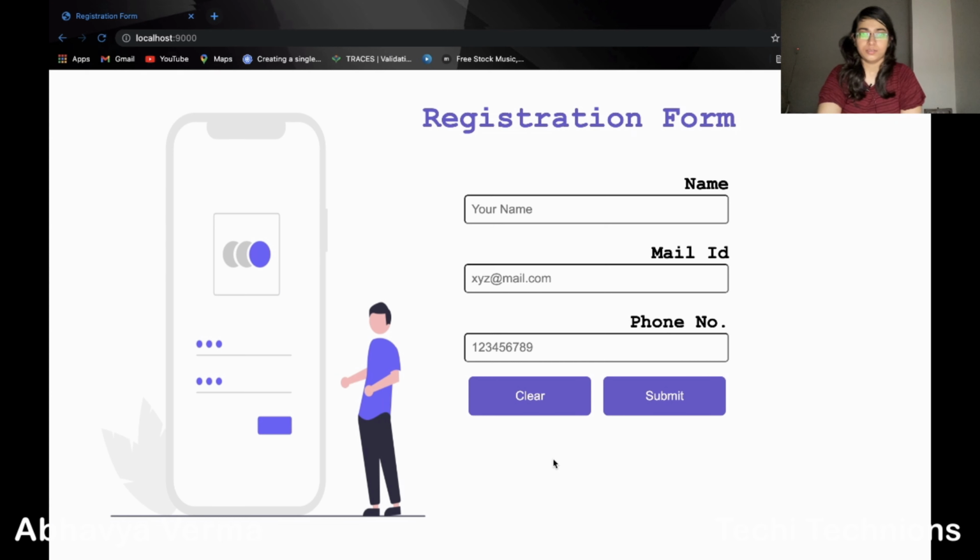Now the next step will be dockerizing it. I will make a container for our application which has the form, and the second service will be the Postgres that I will be using as a service, and that also will run as a container. So check out my next video for further details.